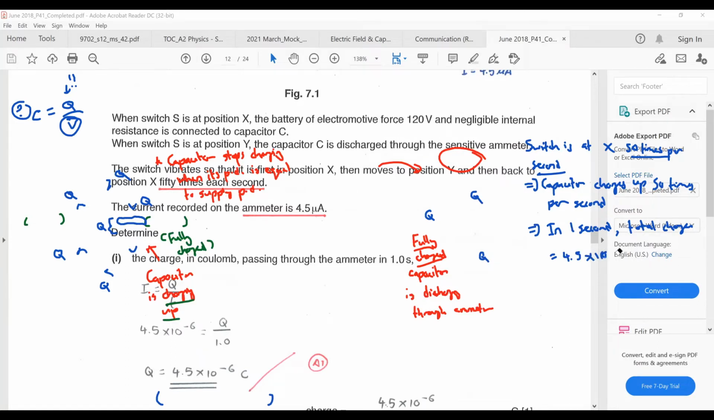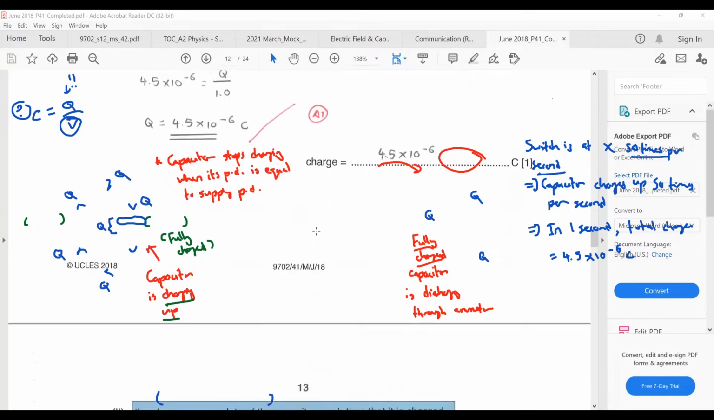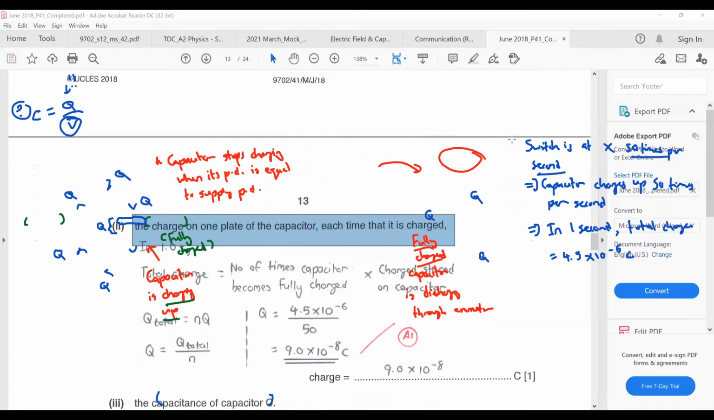Okay, the charge is 4.5 times 10 power minus 6 coulomb. All right. So now, if you're really just interested in that one time that your capacitor is charging and how much charge is stored, what you can just do is that you can just say that if you want to find the charge stored by the capacitor,